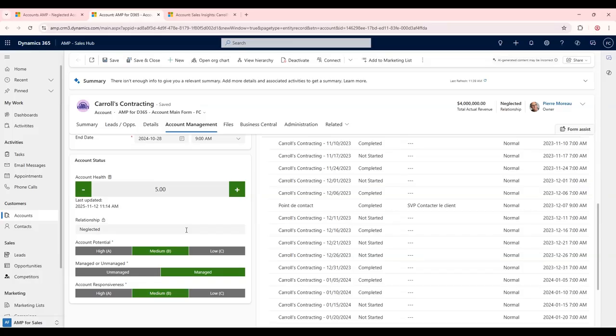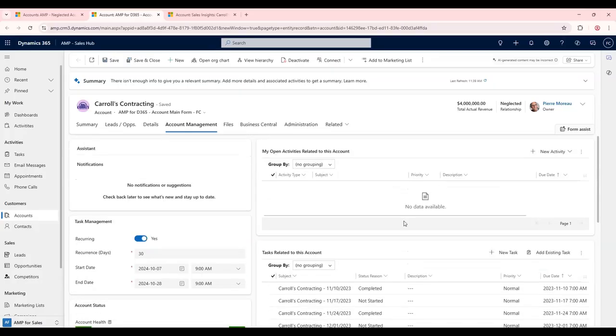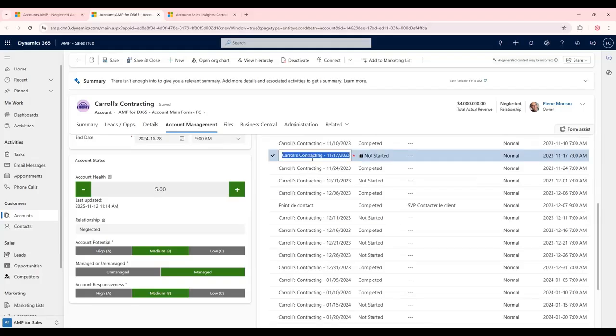We also set up standard information that we can use in account management. So what will be the potential of the account, whether it's an unmanaged or managed account, and also the responsiveness. As an example, if my primary contact or multiple contacts simply don't reply to my emails, this way I'm able to easily customize my list of accounts and prioritize which one I should reach out to. I'll show you